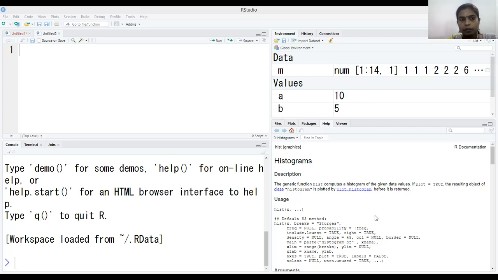Okay. So we have RStudio, and we have a total of 5 major components. It starts with the menu bar, and then the file editor. Then you have a console where you will execute your commands. And on the right side, you have 2 panels. The first one is the environment, where you see your list of variables. You can see the list of variables along with their values.